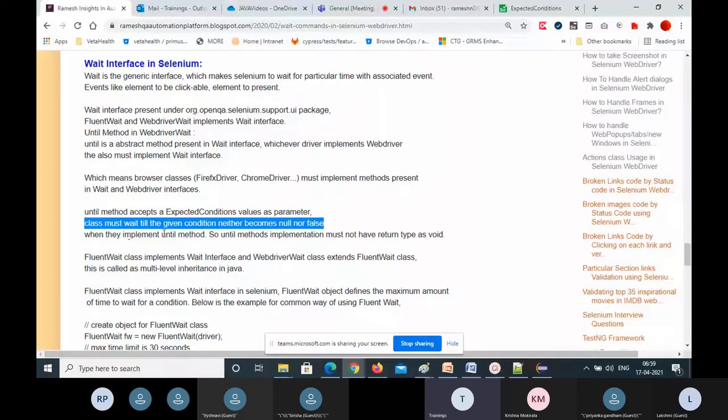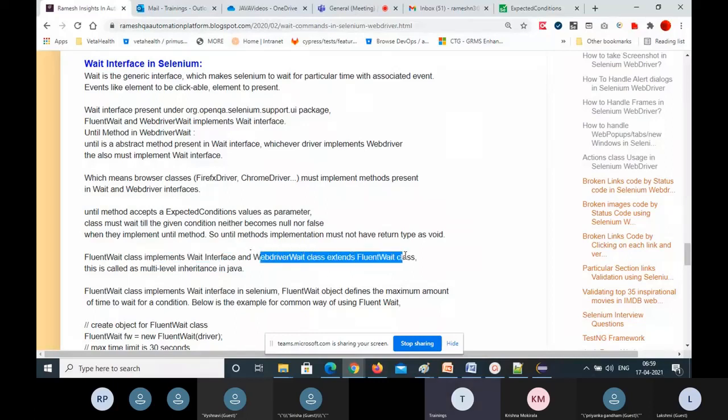When they implement the until method, they have to look for this. So the until method implementation must not have a return type of void. It always returns a false or true. So Fluent Wait class implements Wait interface, and WebDriver Wait class extends the Fluent Wait class.